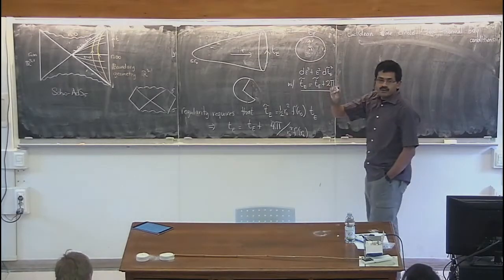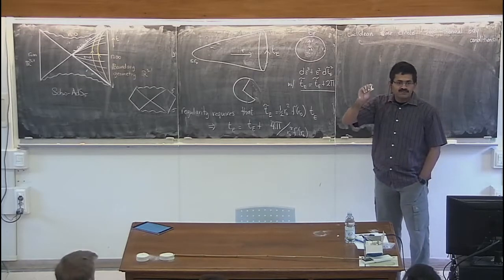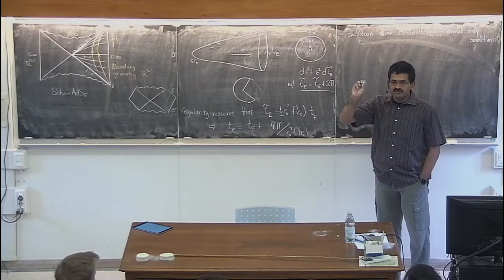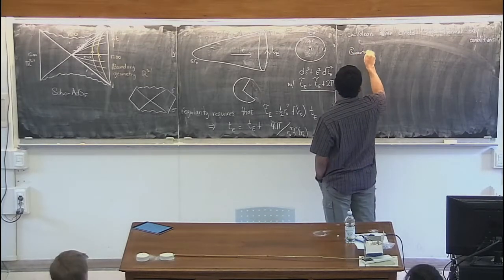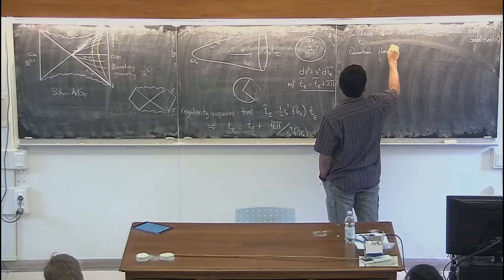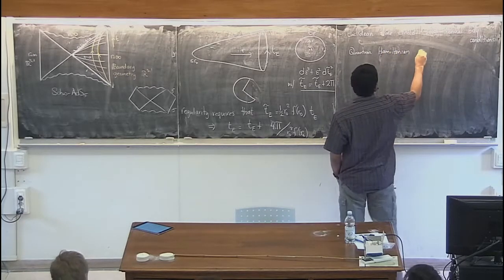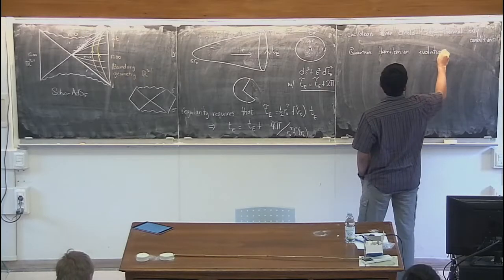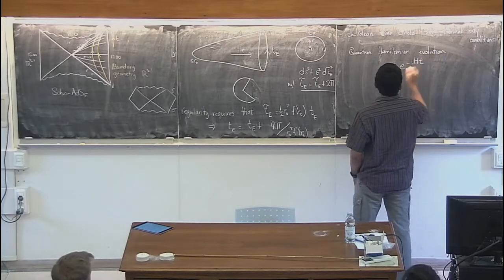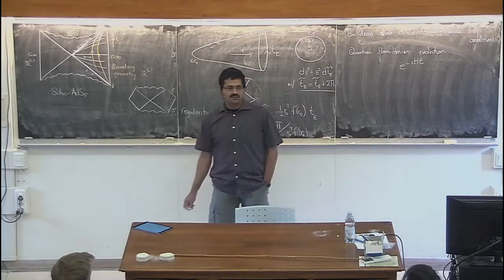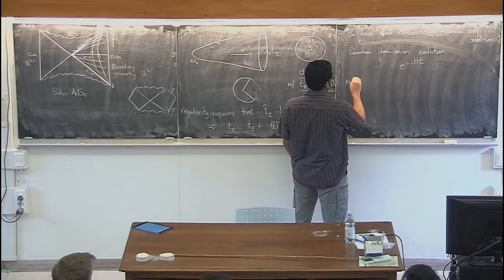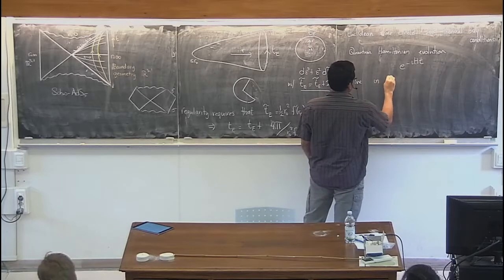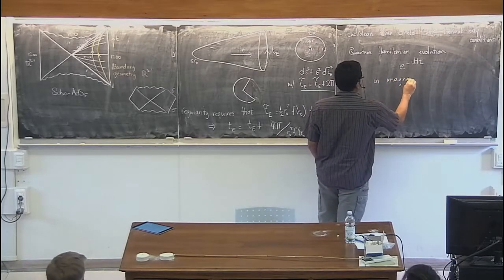Why is this? Do people know why this is? This is a statement in quantum mechanics. See, quantum evolution is done by the unitary e to the minus iHt. If you want to evolve in imaginary time,